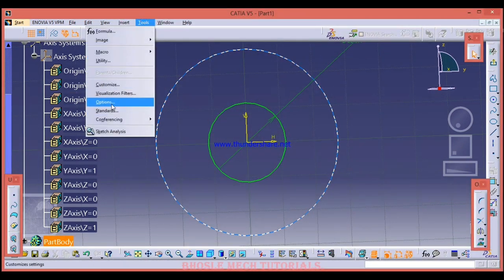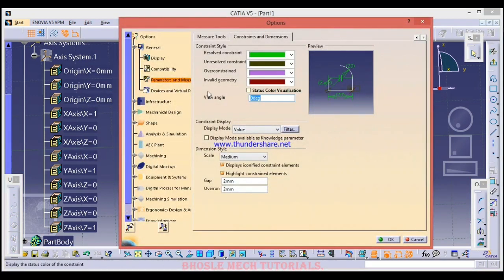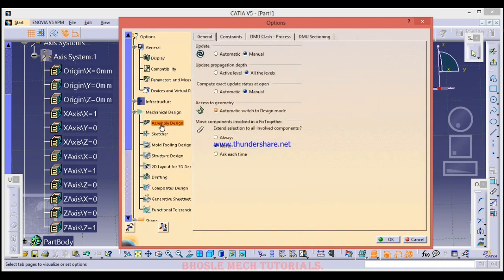And now let us see, this is all about these general settings, and there is Mechanical Design. In that also, this is Assembly Design. In the Assembly Design workbench, if we have to update regularly, there is a manual update option and an automatic one. If you go for automatic, then if we apply any constraints, it automatically updates.